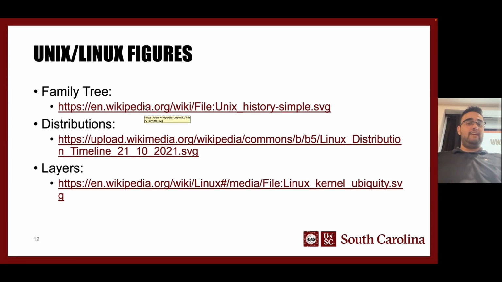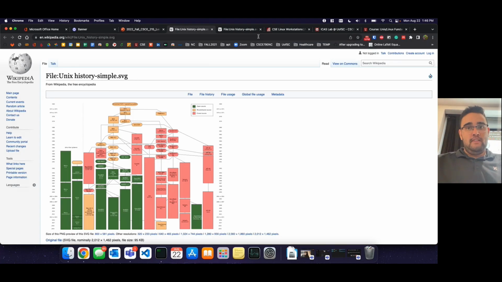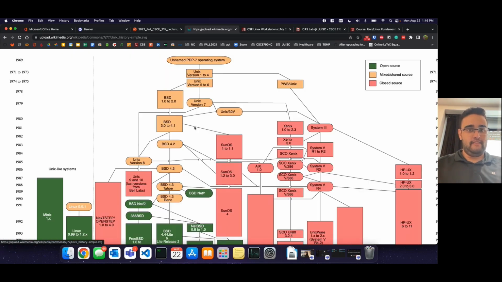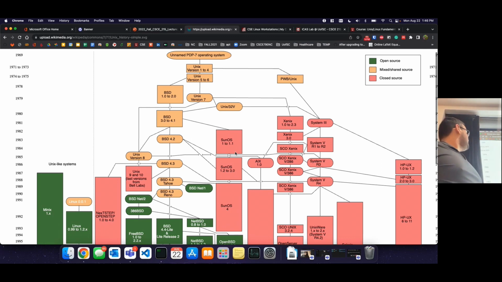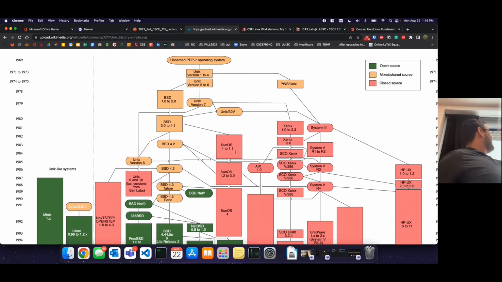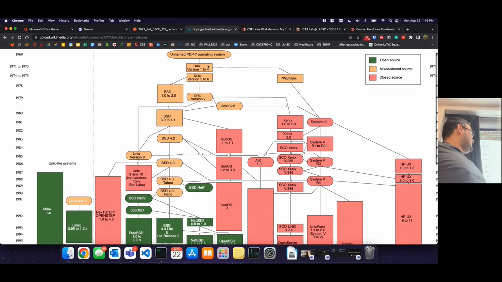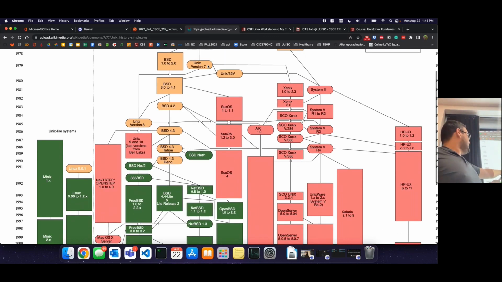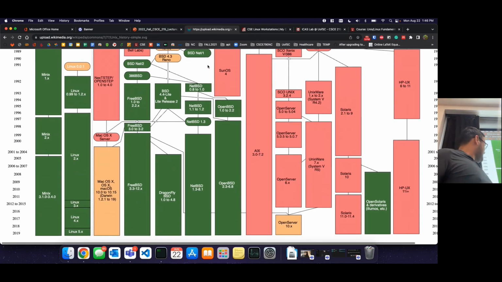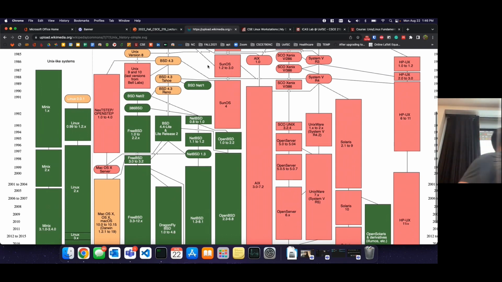All right, so a quick visualization. This gives you an idea of the family tree, per se. We've got tons of different stages where things have gone in different directions. You'll see that everything starts from this unnamed PDP operating system. It goes down to Unix, and then everything flows down from there. This little dotted line shows where Unix-like systems, or Linux systems, started. So we've got all these different Linux things, but Unix is still over there.